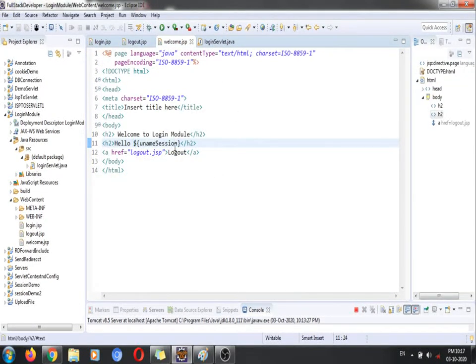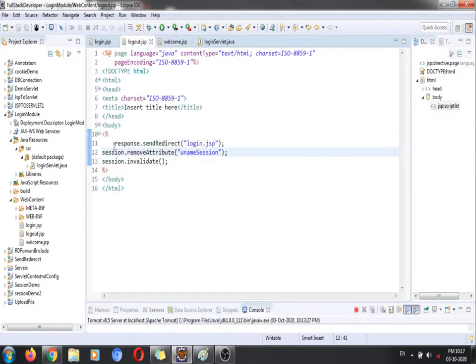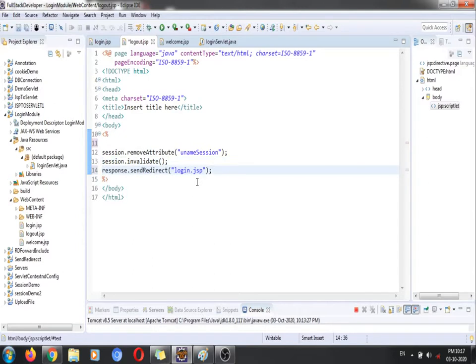Once the user has got the session and now wants to log out, at that time we need to perform session invalidate in our login page. So here we need to perform those operations. Before moving to our login.jsp file, we need to perform session.removeAttribute.